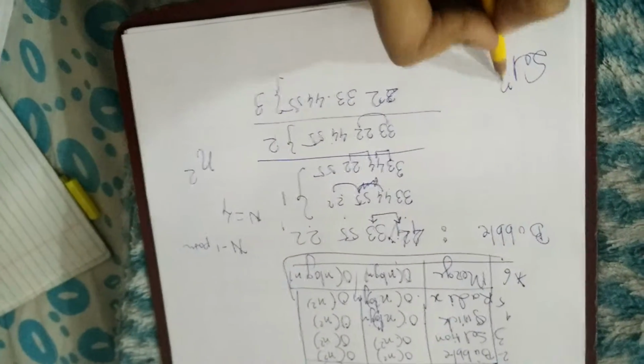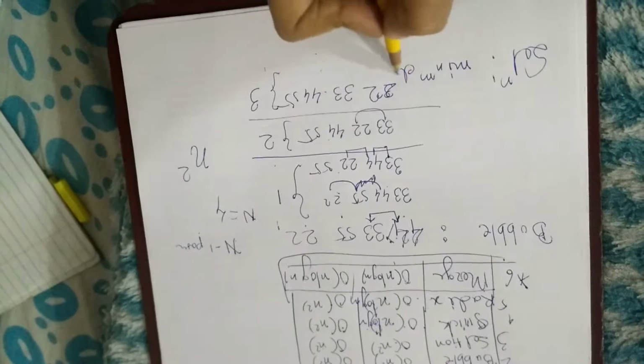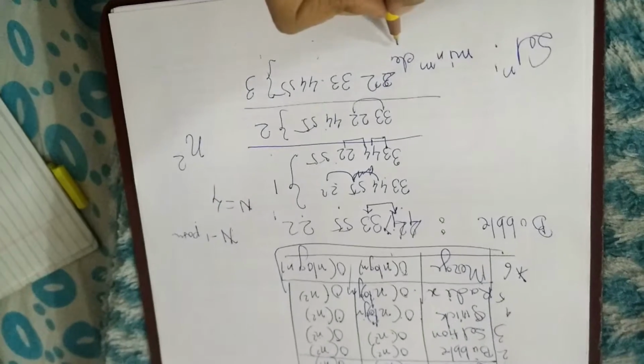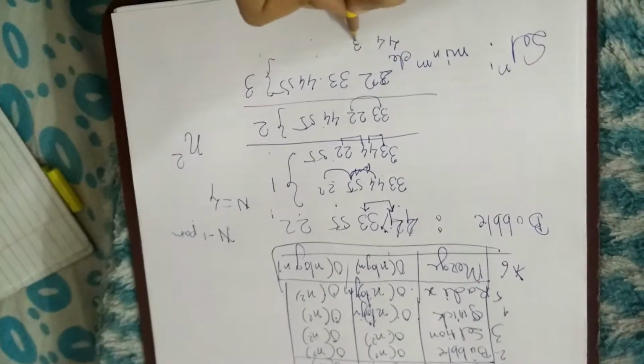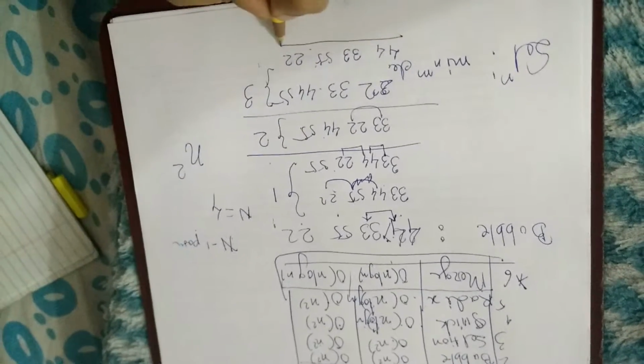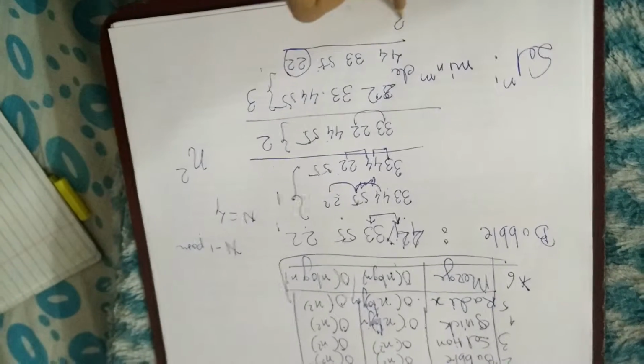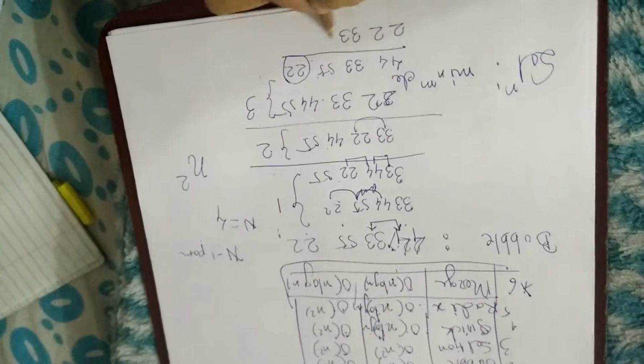Now next is selection sort. In selection sort we will first find the minimum element. It is possible that we will run a separate function called find min to find out the minimum among the array. Once we have found the minimum element, we will swap it to the first position.